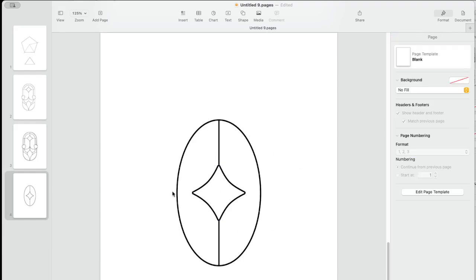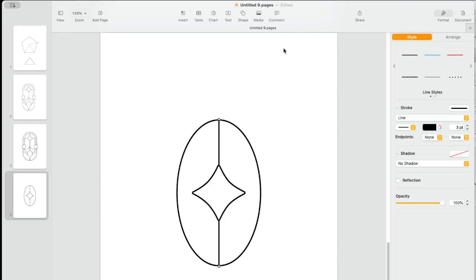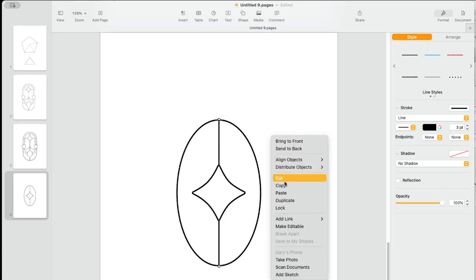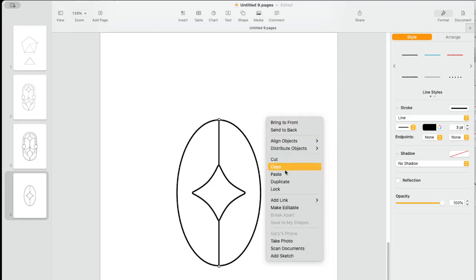Now, say we want to get a line going across. You can do it two ways. You can create a new line, or you can copy this line, which is Command C, or left mouse, right mouse click. It's an option click. You copy, and then you paste it,